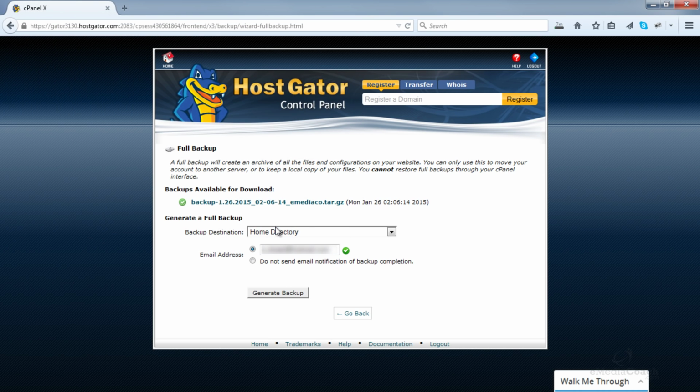Keep that handy because you might need that in the future. If ever you come across any issues and you need to restore a backup, get in touch with HostGator through their support and they will let you know what to do. If your blog is constantly changing and updating, it would be a good idea to take regular backups.